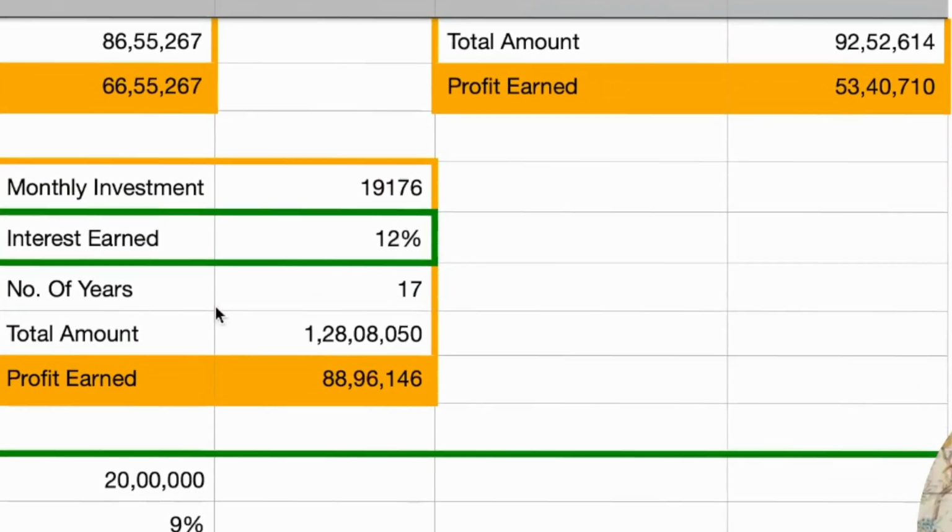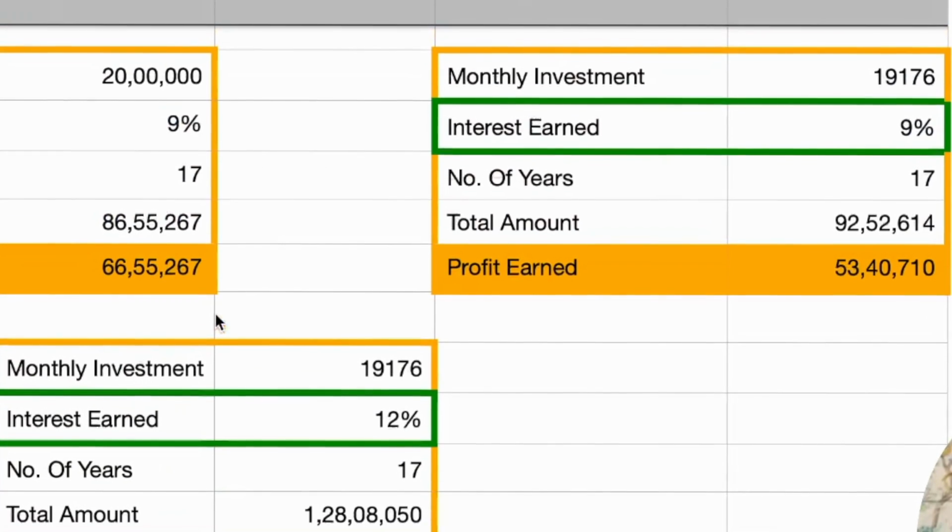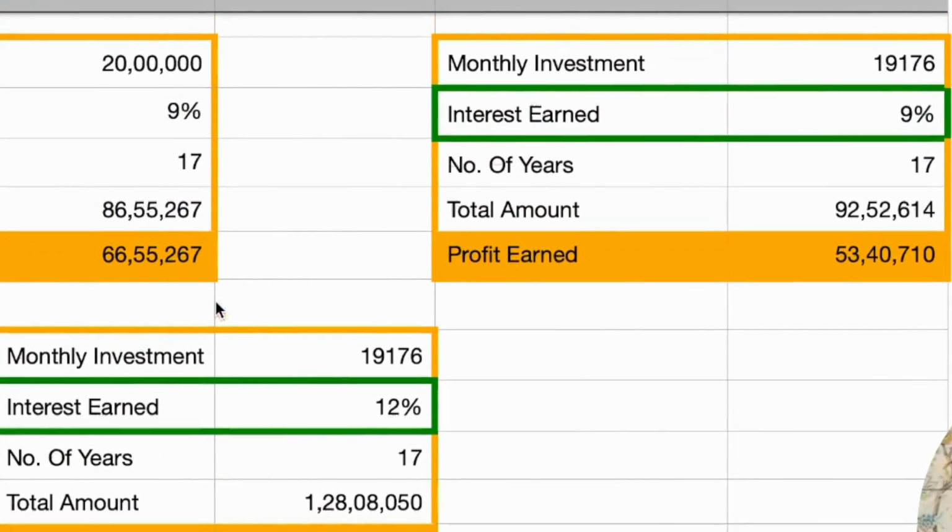That's around, I would say, yes. So that's around 10 lakh rupees more compared to the money that he would have earned by making an investment into a property. Now, I know many of you are going to shout and say that, okay, it's not about, you have that 20 lakh rupees handy and you can directly make that lump sum deposit into a bank and start earning 9% interest rate, right?